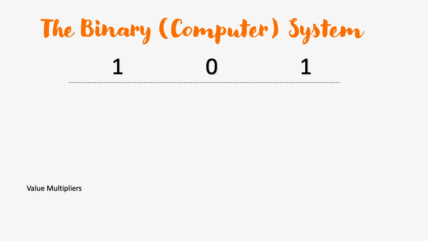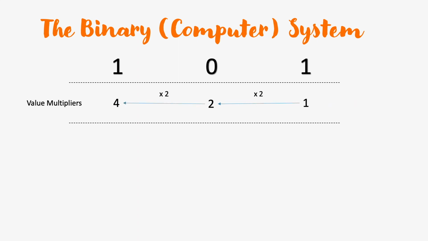So we have the 1's place and then the 2's place by multiplying it by 2, and then we multiply it again and we have the 4th place. So the net value of the rightmost digit at the 1's place is 1 into 1, which equals 1, right? And then similarly for the next digit, the net value is 0 into 2, which equals 0. And in the same way, the net value for the third digit is 4 into 1, which equals 4, and if we sum this up we get 5.